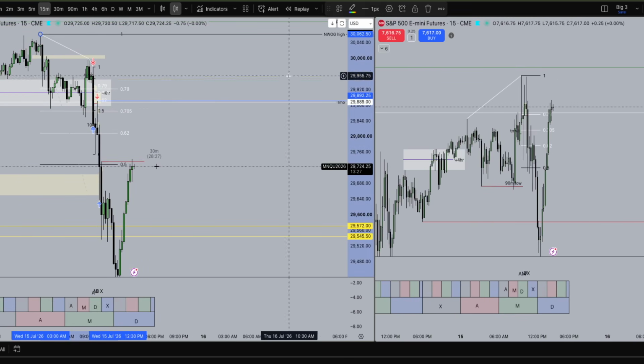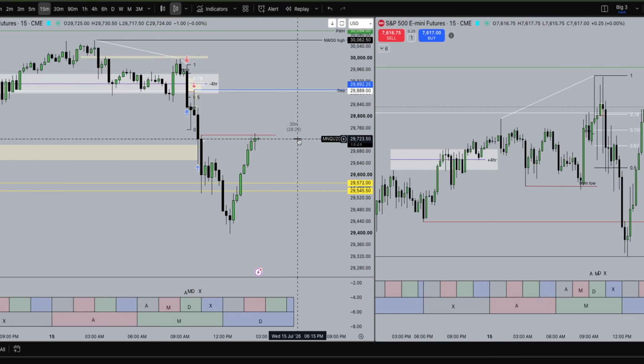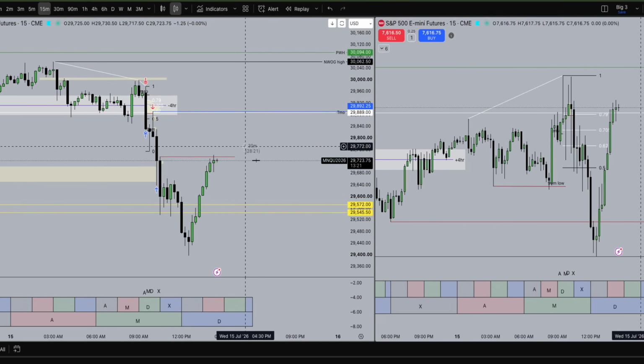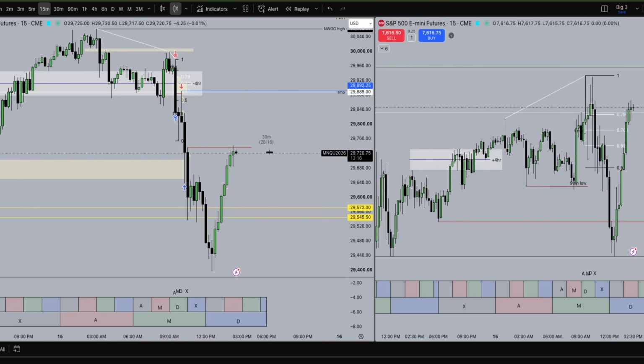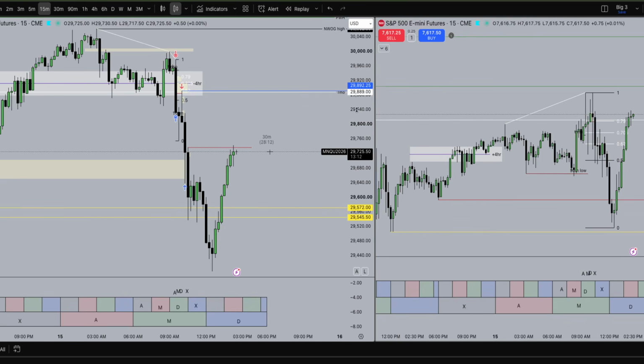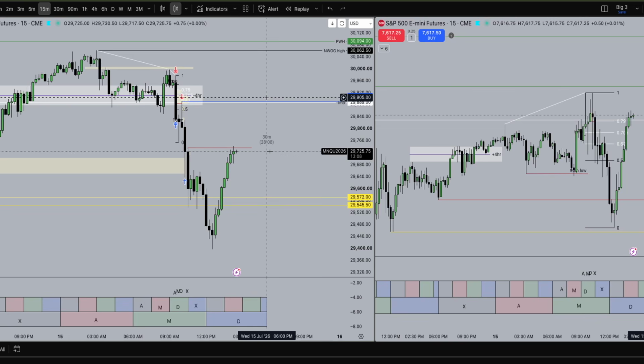This is going to be our target, the highest high after 10 a.m. And I use this all the time. Highest high after 10 a.m., lowest low after 10 a.m. Those are high time frame targets for the day. For intraday movement, that will be traded to when you get a really good movement through the day and you're creating an entire market maker model, either the buy side in the morning, sell side in the afternoon, or the sell side in the morning like we had today, and the buy side in the afternoon.